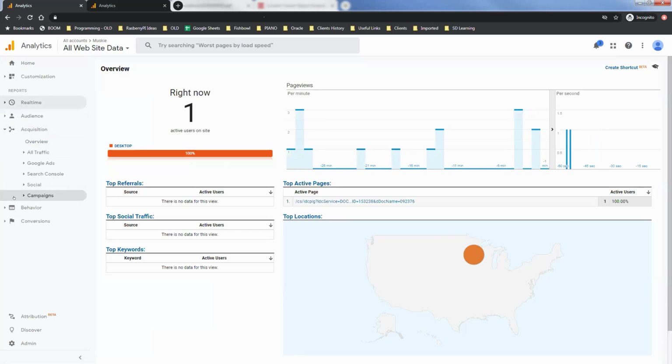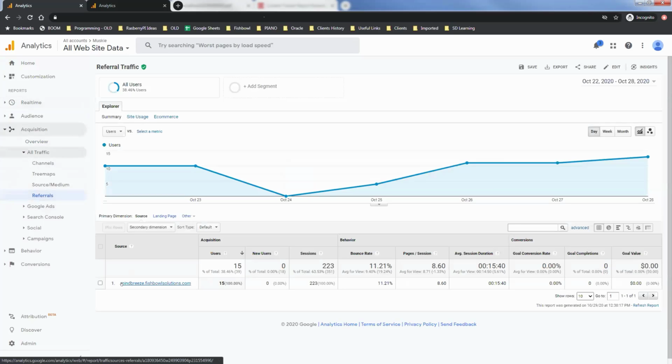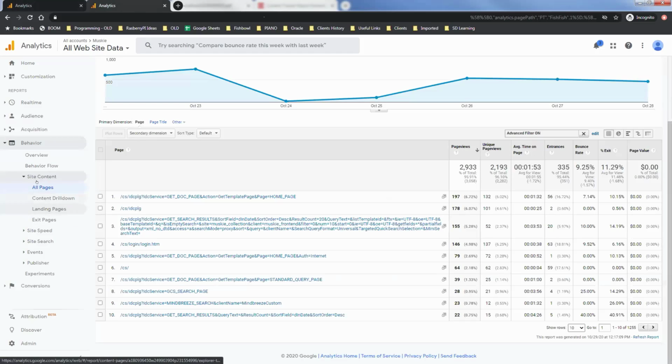And then here, you can also look at, let's go under traffic, referrals. You can see how they're getting to your page. So as Jason mentioned, we have Mindbreeze, a third-party search tool. With that, we can see that users are actually using it, and that's how they're getting their content. There's also all pages. So you can see which pages are the most popular, what users are doing, how many times that's happening,